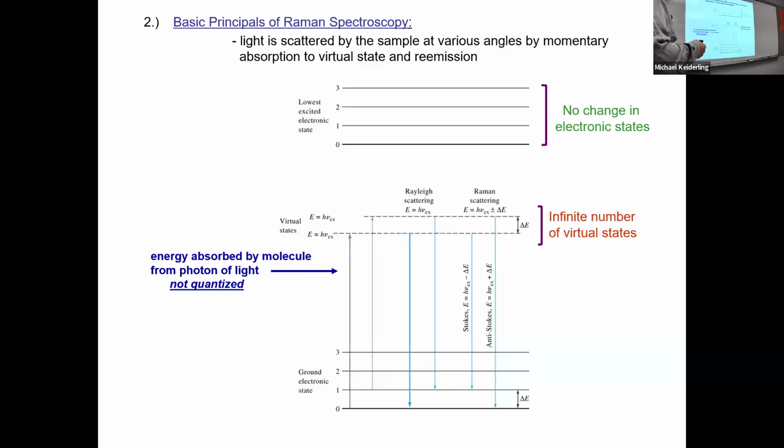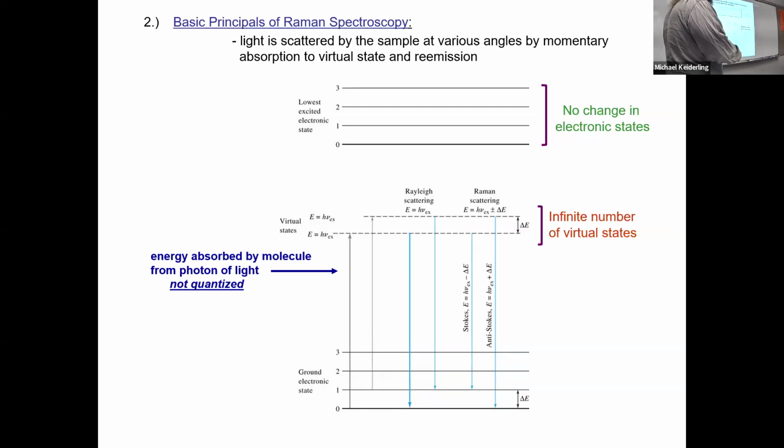So light is scattered at the sample at various angles by momentary absorption to a virtual state and re-emission. It can either be absorbed and then return back to the same level. So it could go from the ground state back down to the ground state. It could go from an excited state back down to the same excited state it started at, but it can also go